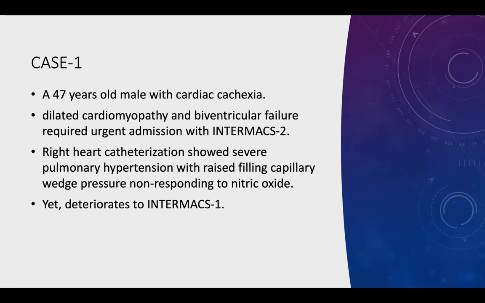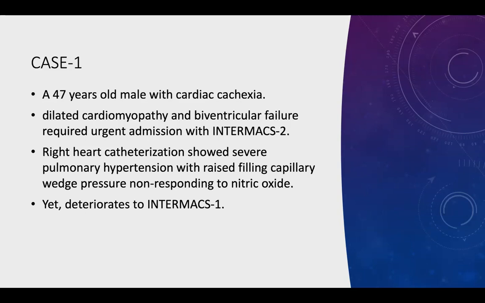So should we try to add a third inotropic support for this patient, or should we wait for him to improve with IV diuresis? What should we do? I don't know what to do. You don't know him. You have never done HLA typing. You have no idea if he is eligible or not for transplant. So you don't know, but you have an absolute contraindication. So what do you want to do?